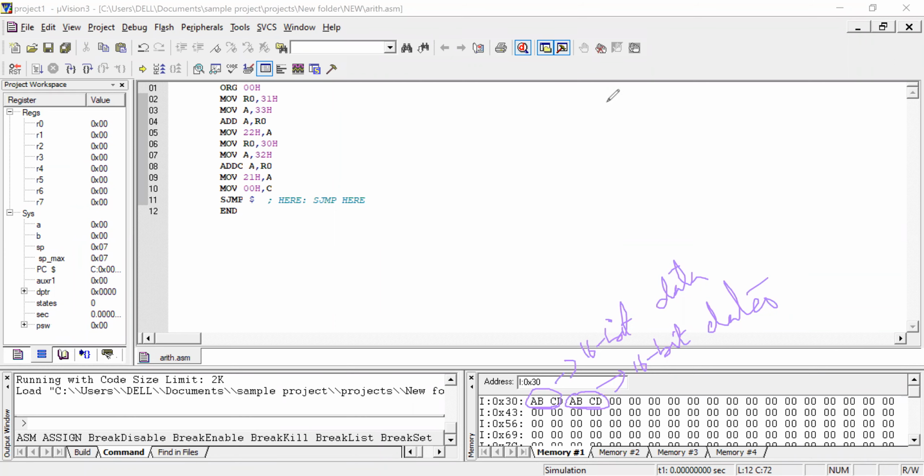Now I'm going to run the program. I have given the input, so this is my input. My output starts in the location 20H, 21, 22. Now I will check the output.